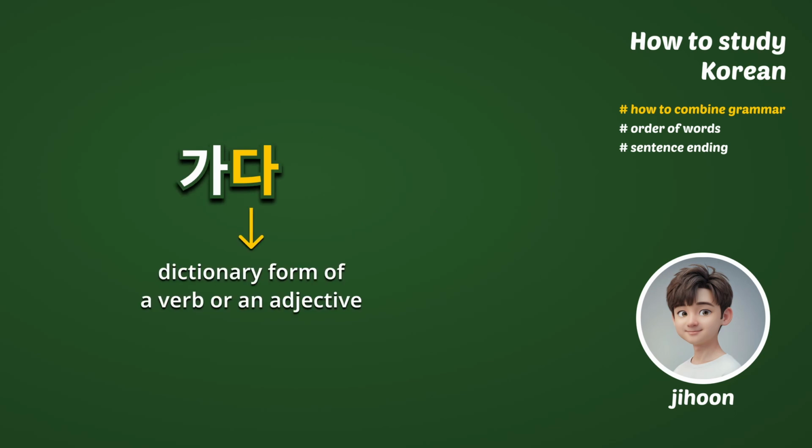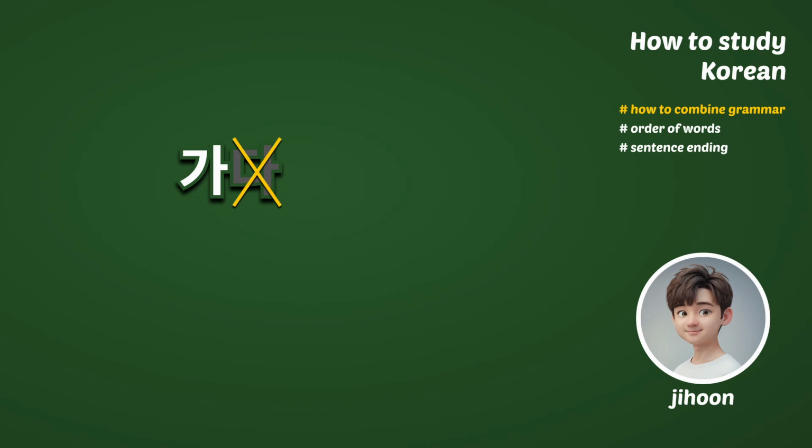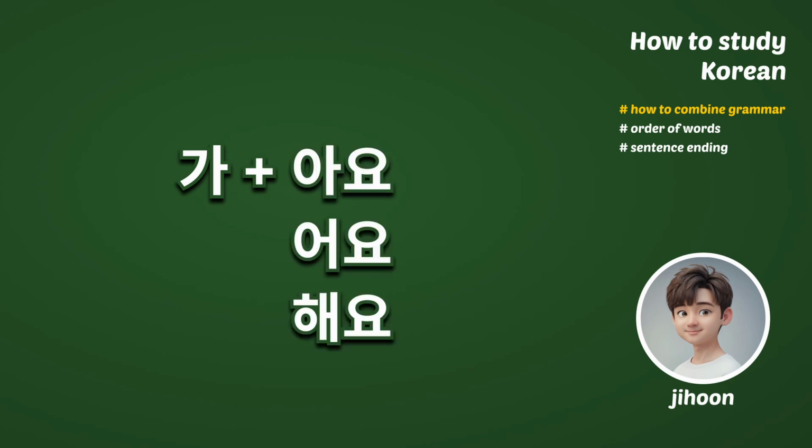In Korean, usually the verbs and the adjectives will be given in their dictionary form, which usually ends with 다. To combine it with a grammar, you will always get rid of 다 first. And then you will try to choose the correct form of the grammar to combine with the rest of the part. For example, to make a verb into the present tense, you will have to choose between 아요, 어요, and